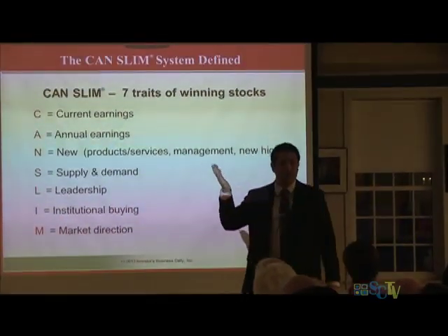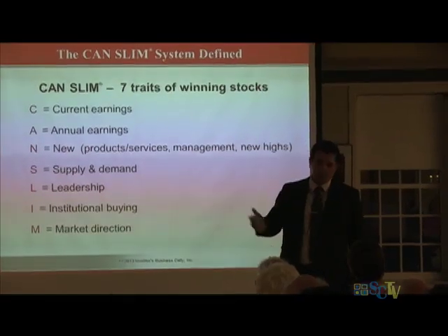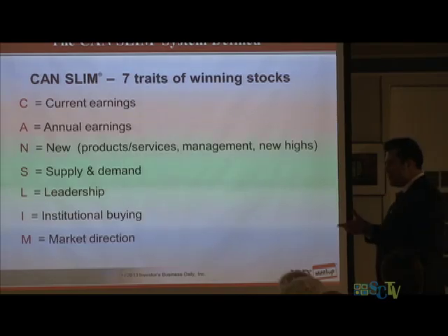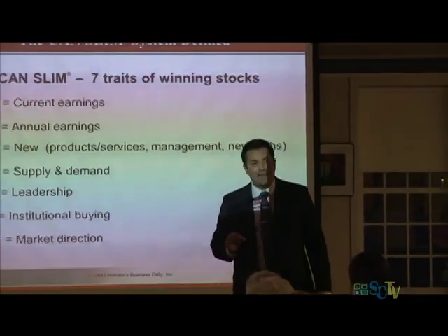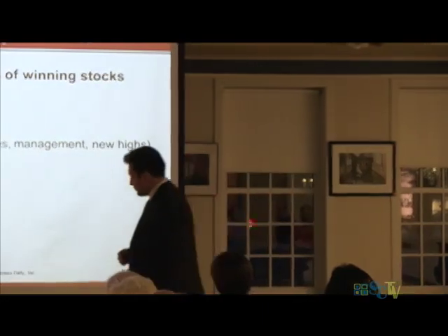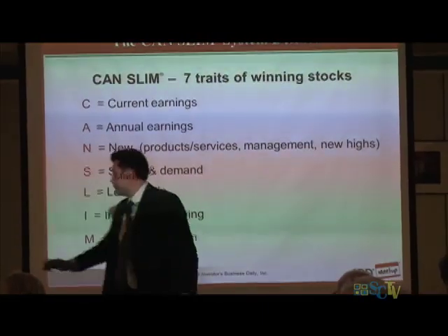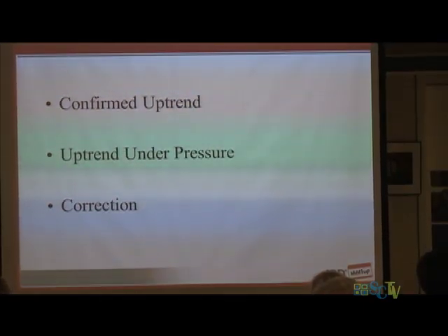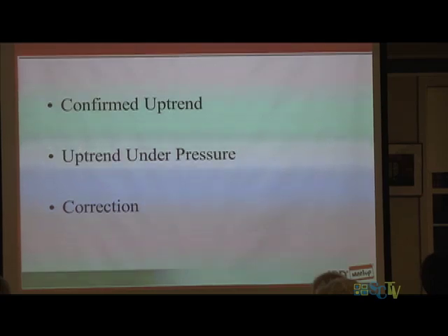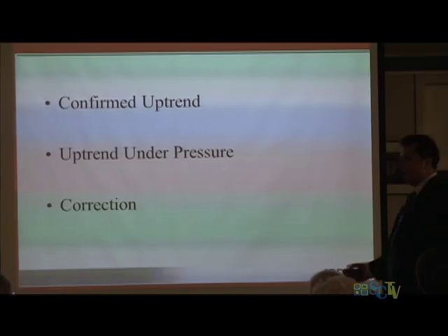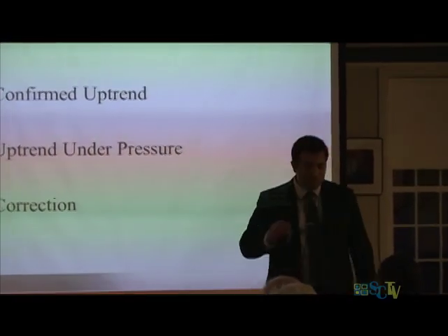So when the market's uptrending, most stocks will move that way. And when the market's in a downtrend, that's how most stocks will move, okay? We know the market has cycles. And at IBD, we identify the cycle of the market in one of 3 ways. Confirmed uptrend, uptrend under pressure, and correction. Okay? We don't really use the term bull market or bear market to define the current status of the market. They're too vague. They're too general.